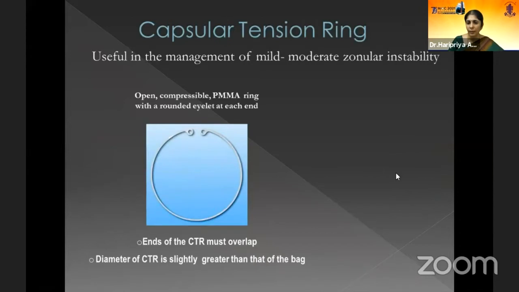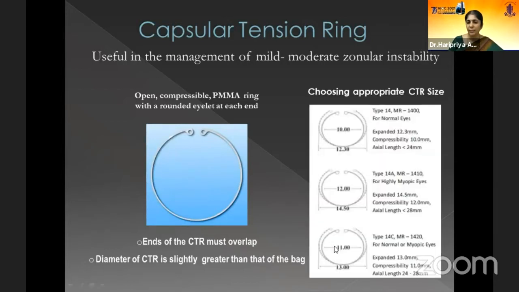An important device which we use would be the capsular tension ring, which is extremely useful for patients with mild to moderate subluxation. The CTR comes in 3 different sizes. Most often we use the 11-13 size. The 11 size will be the size of the ring within the capsular bag. In myopes, we could go for the larger, and in patients with microspherophakia, we'll go with a smaller CTR.